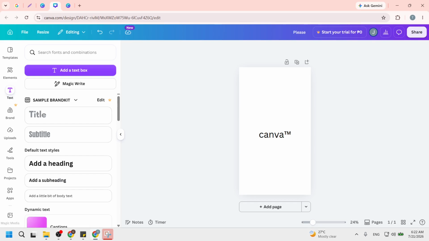In summary, today we covered how to add a trademark symbol in Canva, from opening your browser to using a keyboard shortcut. These steps are straightforward and can be applied to any project where you want to include a trademark symbol. Remember, this little step helps in maintaining your brand identity.